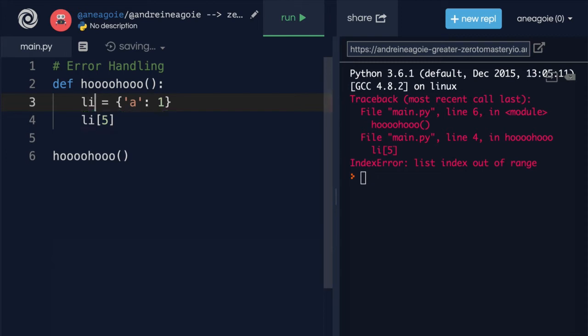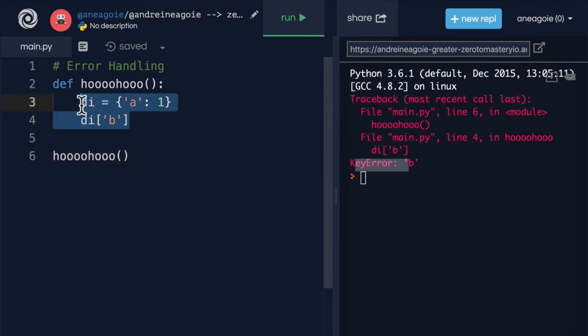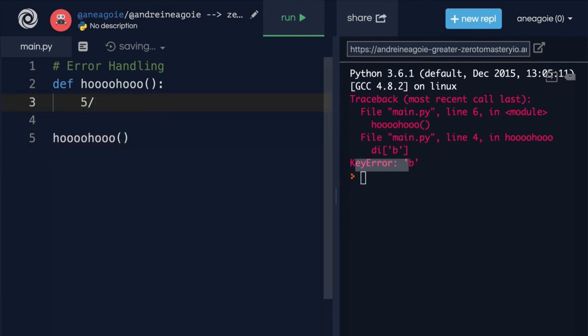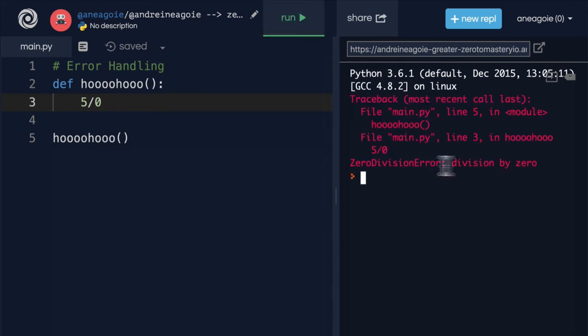If I try to access something that doesn't exist and I click run, I get a key error because I'm accessing a key that doesn't exist. We can also have, let's say, 5 divided by 0, which should give me a zero division error because I'm trying to divide by 0 and, well, you just can't do that.